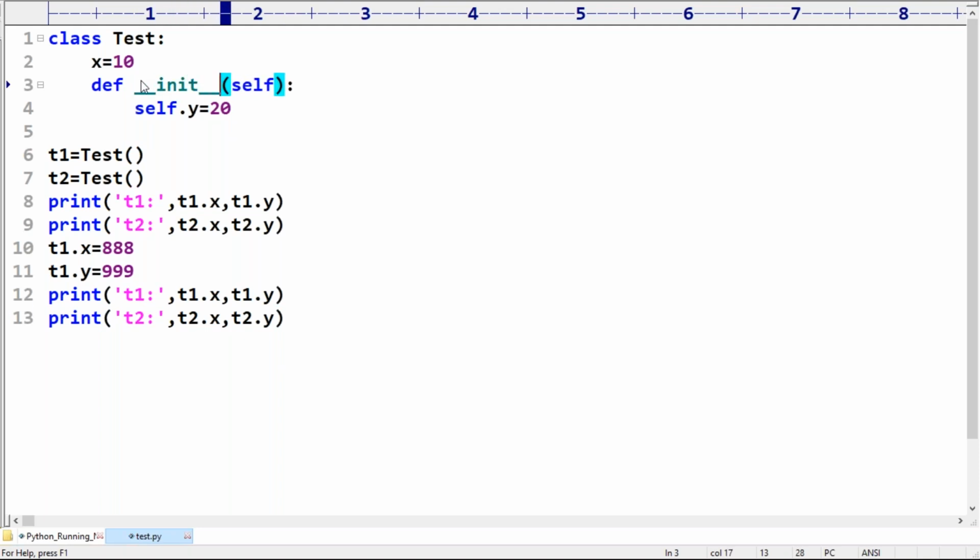Now can you please confirm what is the output we are going to get in this case? Accessing is different, updating is different. In this case, for the output: first line, what is the output; second line, what is the output; third line, what is the output; fourth line, what is the output. Take your own time and tell the answer.